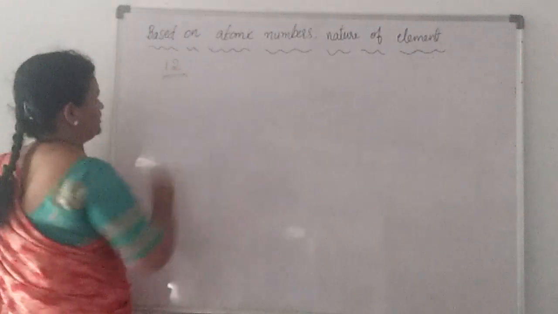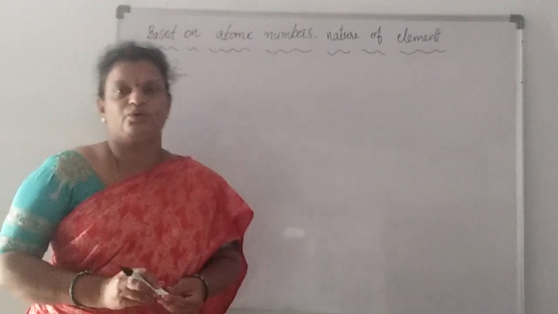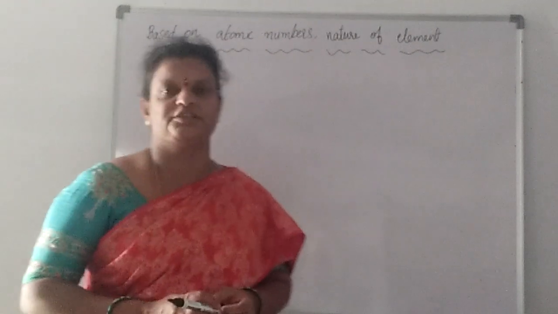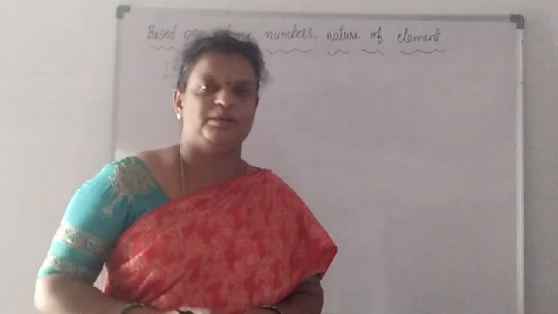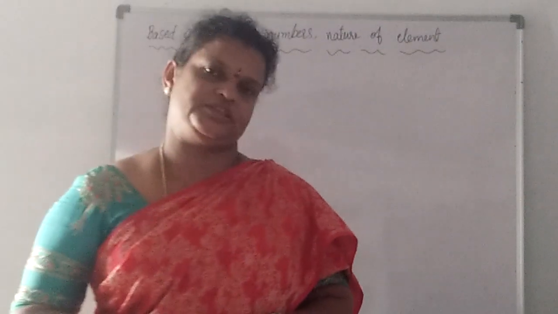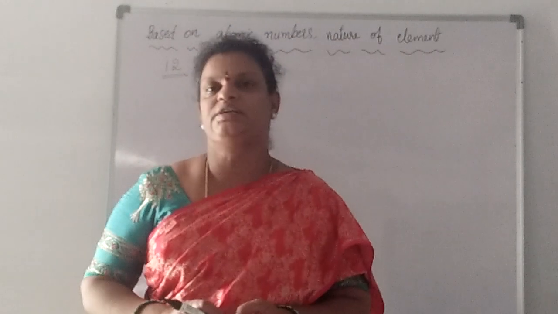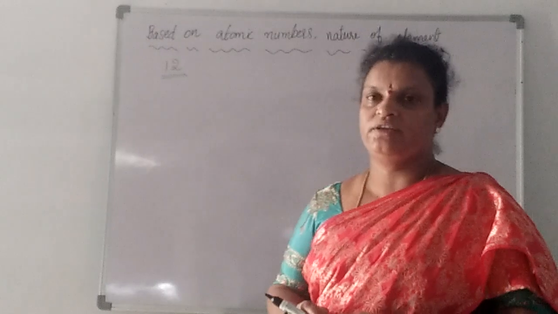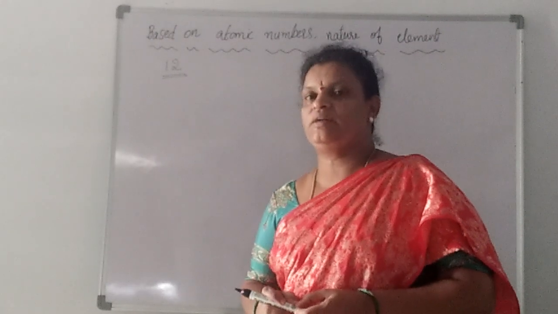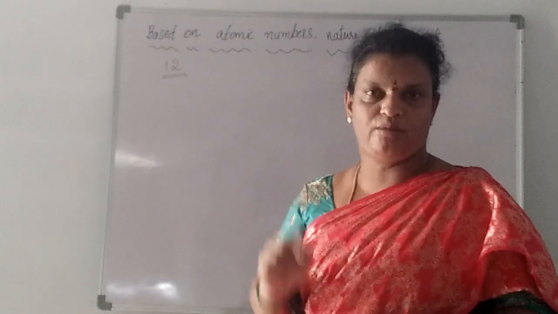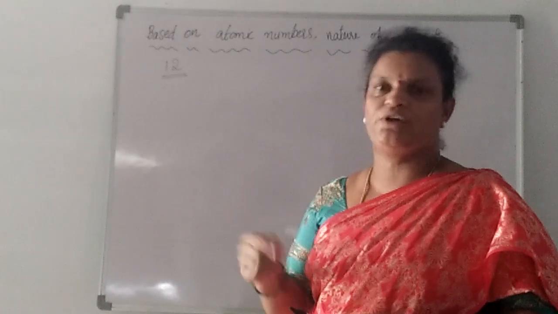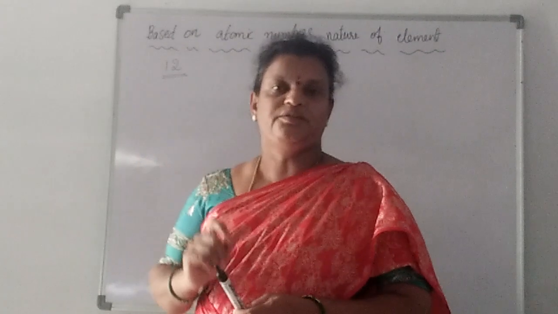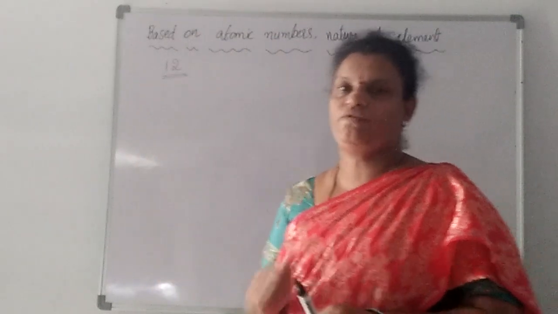So here we'll have an example, atomic number 12. An element is there whose atomic number is 12. This element is going to have some nature. If you want to say what its nature is, you should first be able to write its electronic configuration, either in the NLX method or in the shell method, right? Shell method means we write the number of electrons in the first shell, put a comma, the second shell number of electrons, put a comma, then the third shell number of electrons, like that.